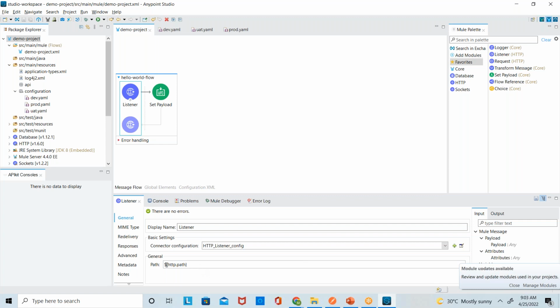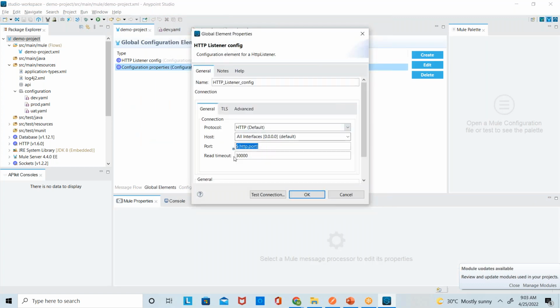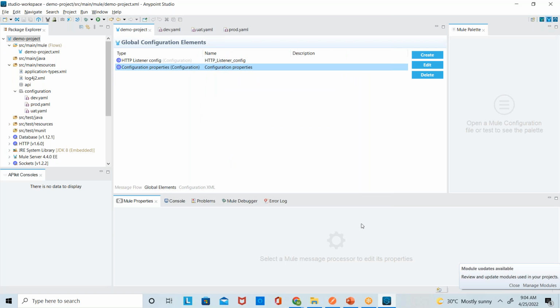If you externalize this particular port property, CloudHub will automatically allocate some port for that, and then it will give the domain name for you. This HTTP port is mandatory. Without that, it will not be possible. You have to externalize this particular port property whenever you want to deploy it to the CloudHub environment. Keep that in mind. Externalizing the property means creating a property file and then calling that value from this particular property file. It is 8081 in the application, but in the background in CloudHub,